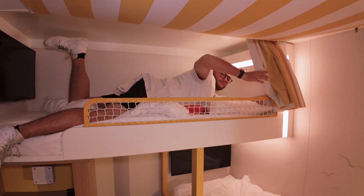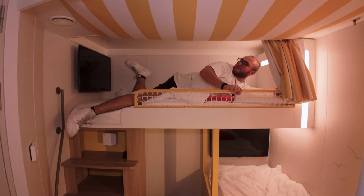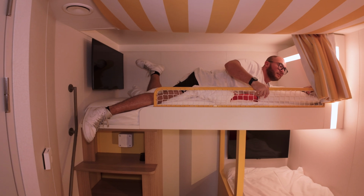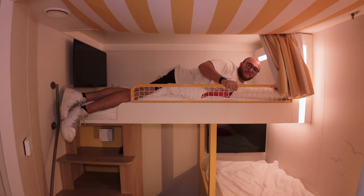You can probably see from the other angle, but I don't fit. So let's face this way. Hey, how's it going? Hey, that's a sturdy weight limit. I mean, this might break if I roll on it, but nah, that's pretty sturdy. It's not moving. Yeah, I can't. I mean, I could always sleep like this, I guess, but...